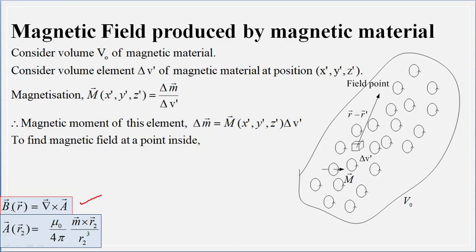So we will find the magnetic field by finding the curl of the magnetic vector potential. That means first you have to calculate the magnetic vector potential. The magnetic vector potential at a given point is mu naught by 4 pi, magnetic moment cross product with R2. R2 is the distance of that point